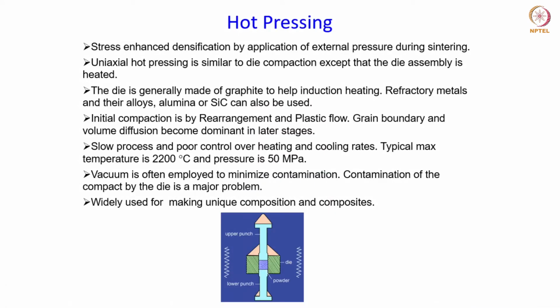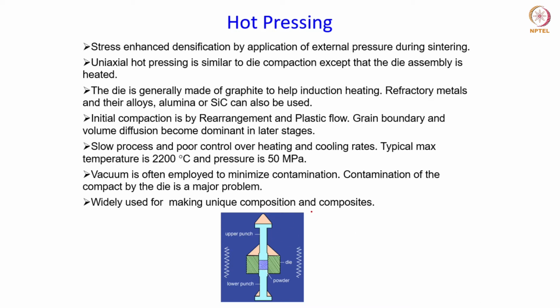Okay, so now that we have understood the mechanisms, let us go ahead and see the different methods which are used for full density processing. We start with the hot pressing process. Here pressure is applied during the sintering process. It is basically stress enhanced densification by application of external pressure. If you talk about uniaxial hot pressing, it is similar to the die compaction that we have talked about before, except that the die assembly is heated up, right? That is the only difference. Otherwise, as you can see from here,